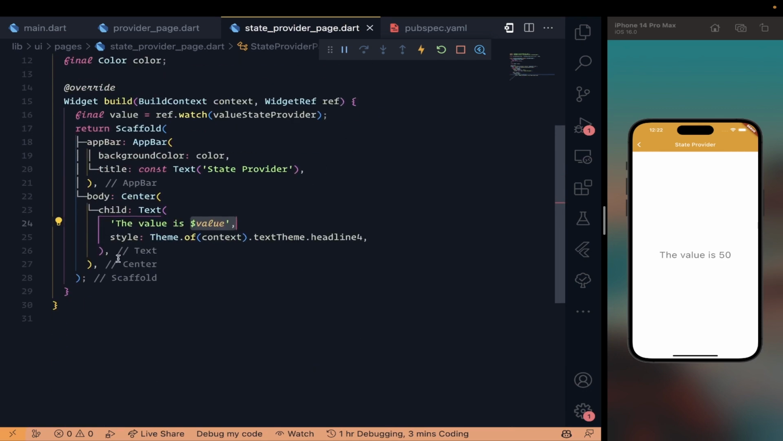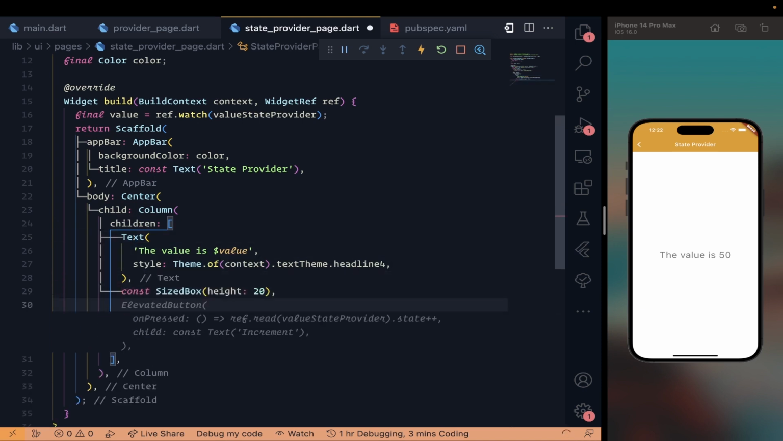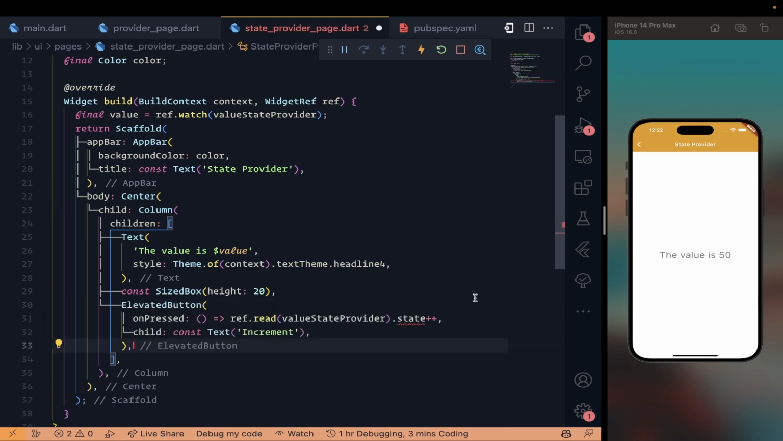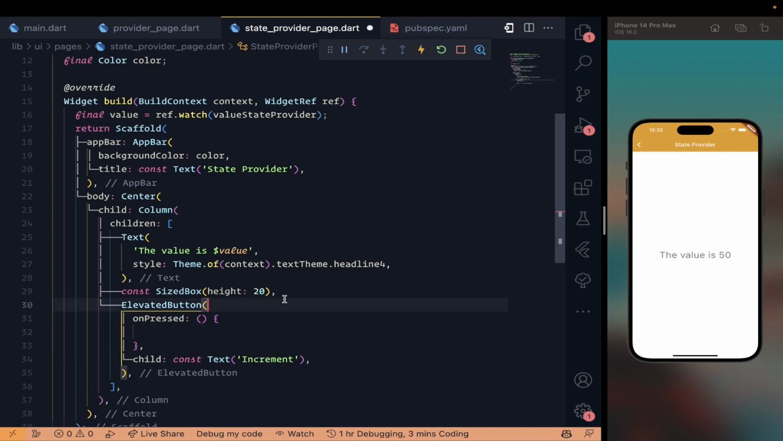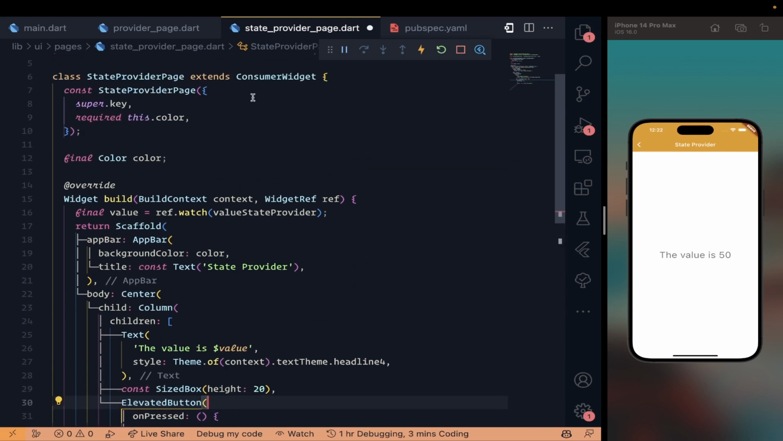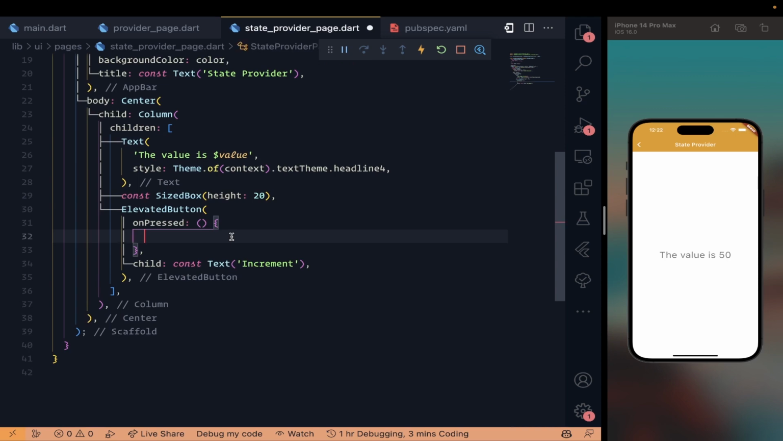So let's modify this a bit. Let's say we have a column here, and then we have a size box, and then we have a button. Okay, so let's say we want to change the value on this state notifier. We want, each time we press the button, it increases. And we just have to do